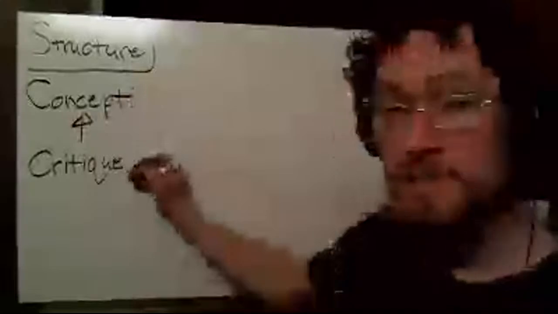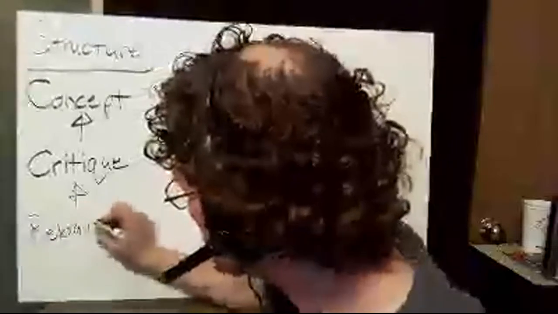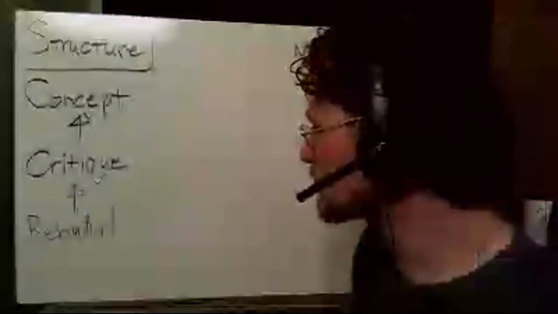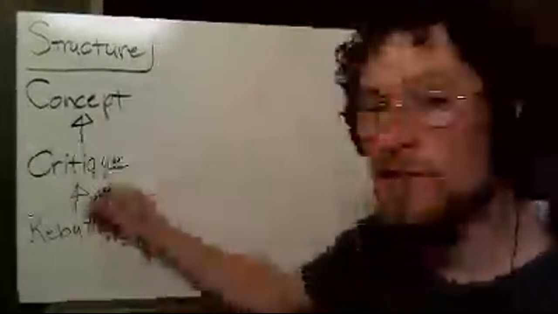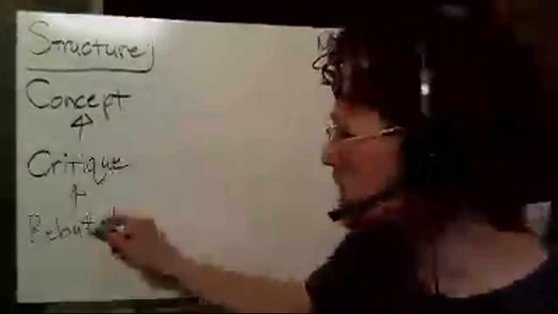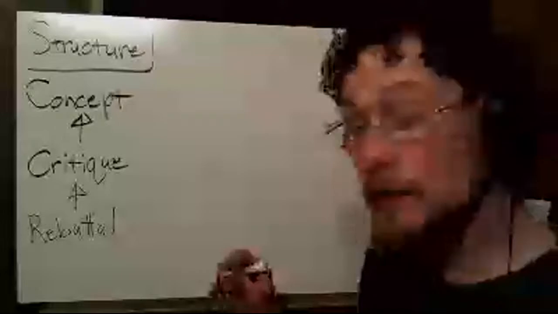Now, in response to a critique, you can have a rebuttal. And a rebuttal is basically a way of saying, no, this is why you're wrong. And there could be several critique rebuttal cycles. There could be a critique of this, and then a rebuttal of that, and a critique of that. It could keep going on and on. But another way, instead of rebuttal, there could be